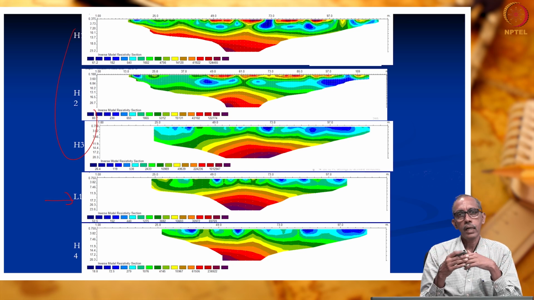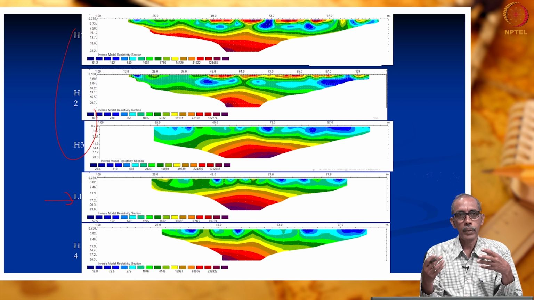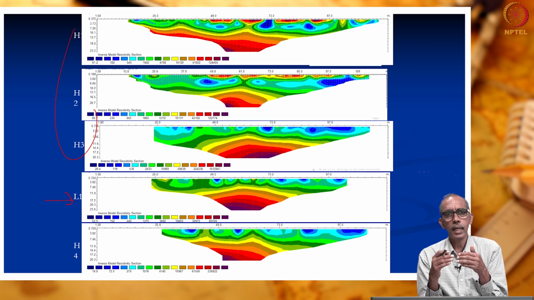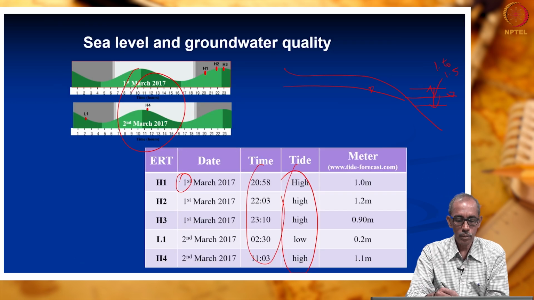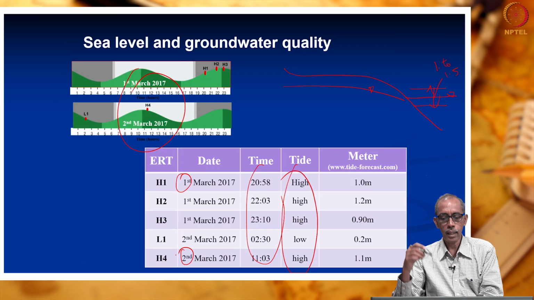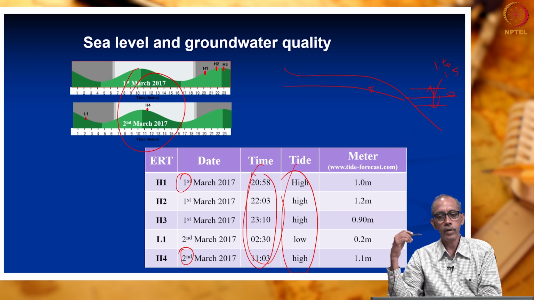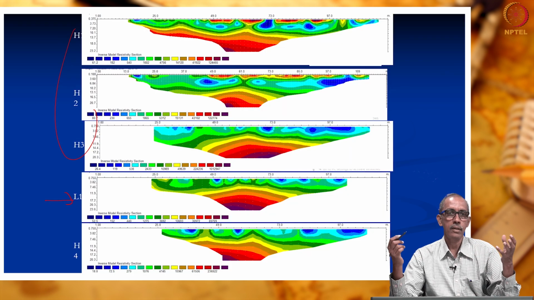So, what is evident from this image is that the resistivity tomogram completely changes, right. I do not want you to interpret it, right. There are a lot of question marks here. We did not completely process the data, but what is clear is that at the same site, at shorter time intervals, we started from 1st March and the study was conducted up to 2nd March. For nearly 1.5 to 2 days, measurements were taken at different times, maybe every 4 or 5 hours. Beneath the surface, the resistivity varies.